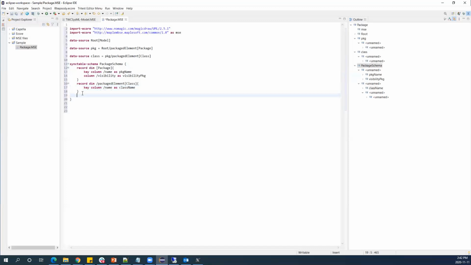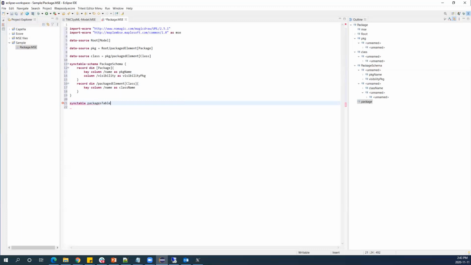If I use this schema, it's going to bring in the name of the package, the visibility of the package, and the class name. Now we need to link the sync table schema with the data source. I'm going to call this a package table.